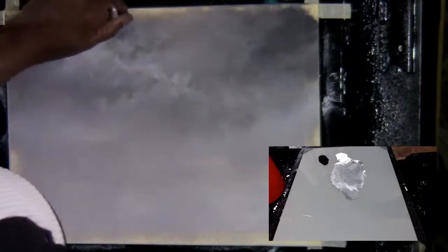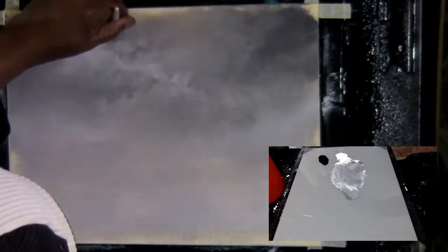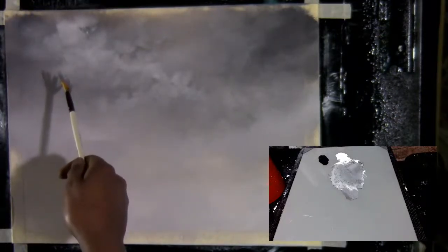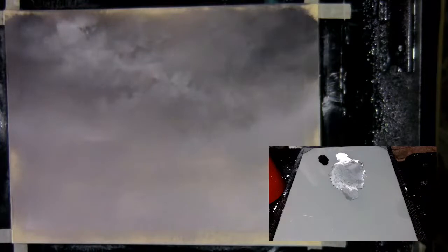But I like this action that's going on here. So it's really up to you. You can continue to do something like this. You can continue to do it layer by layer until you get what you would like. I mean, you can have a cloud full of